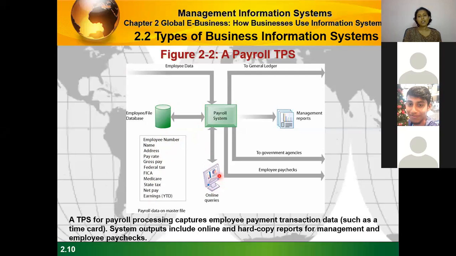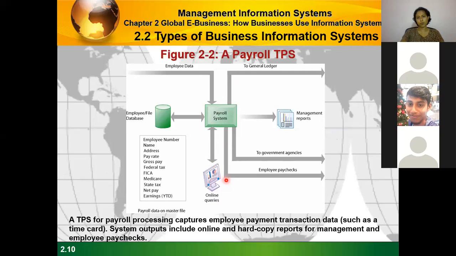And also certain online queries, right, pertaining to these employees, can also be fed to the system. Maybe employee applications, certain employees apply for leaves, right? So those kinds of information, or loan requests, right? These kinds of things are also being input as information to the payroll system, or as data to the information system. And once these different types of data are processed by the payroll system, they are generated as outputs